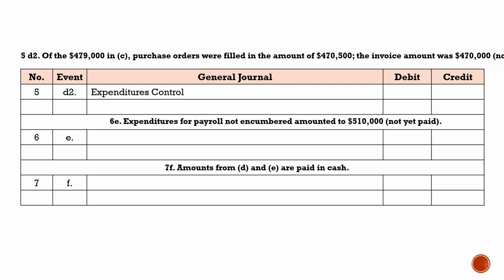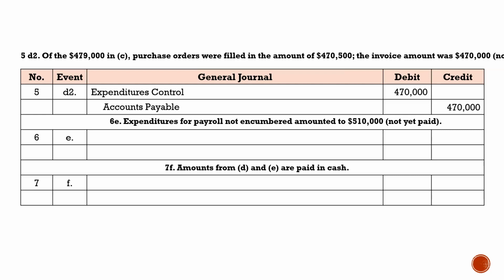So expenditures control, your expense, it's a debit. It's going to be an increase of $470,000. Now, we used accounts payable here. Okay, we didn't use cash. You could have used cash, but they told us not yet paid, which means we've used a payable account. So we're going to create that liability for the same amount that we have